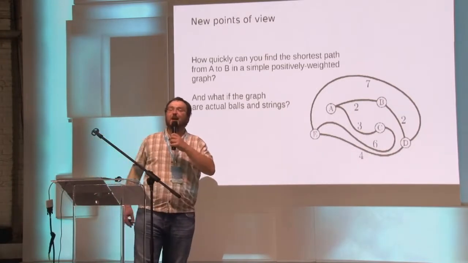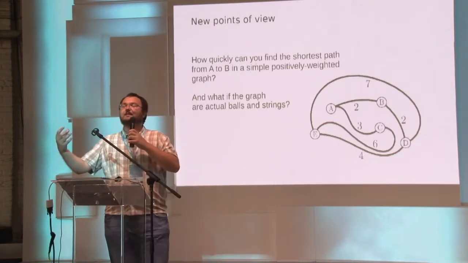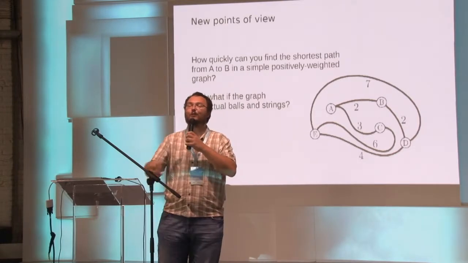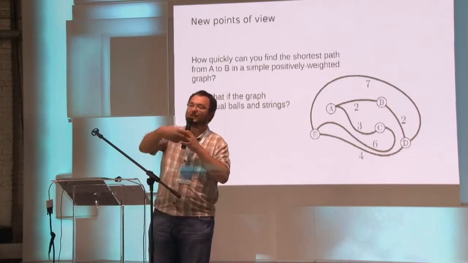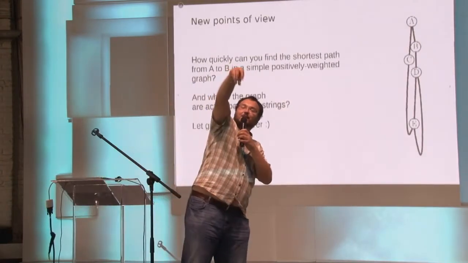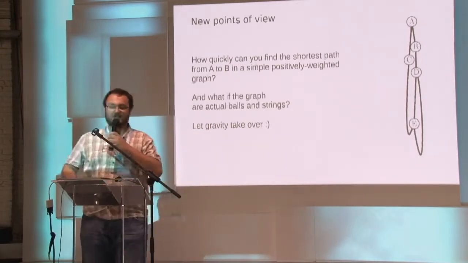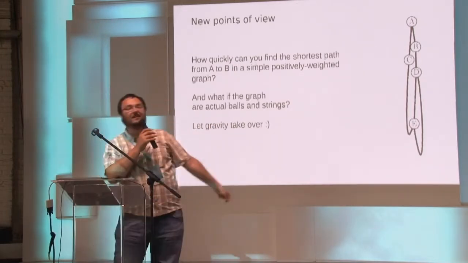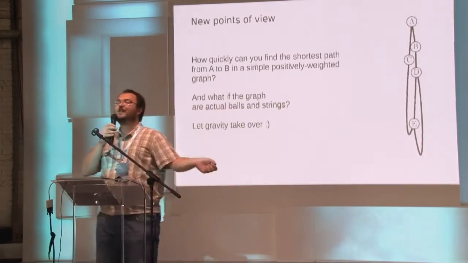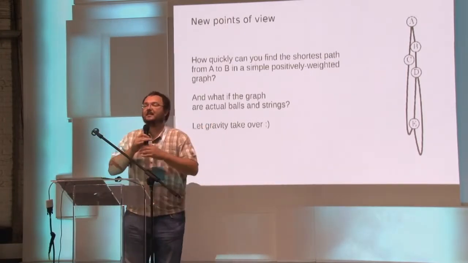And you can actually improve this even more. You don't have to use two hands, because you hold the microphone in one hand, so you only have one hand left. And you can even find the shortest path from one vertex, vertex A, to all of the others. How do you do it? Instead of the second hand, you just let gravity help you. So you just grab it by A, you shake it a little bit, and all of the balls will be hanging underneath the first one. So you will see a gadget that looks like the thing on the right. And again, all of the strings that are tight are the strings that are parts of some shortest path, and all of the other strings are useless.